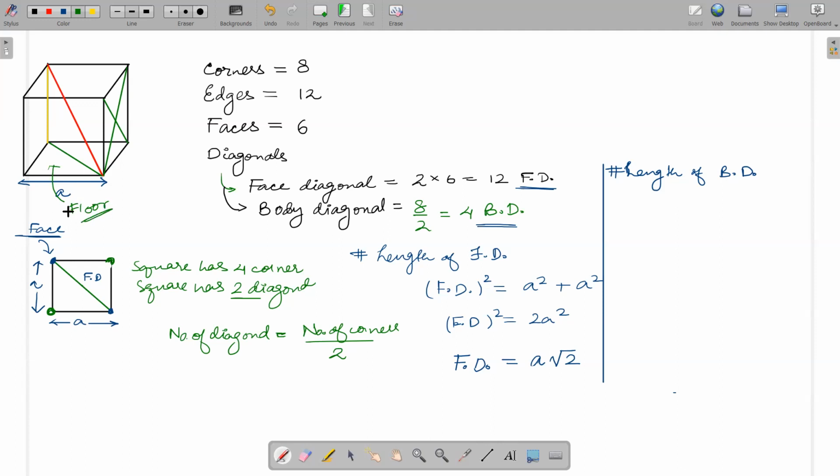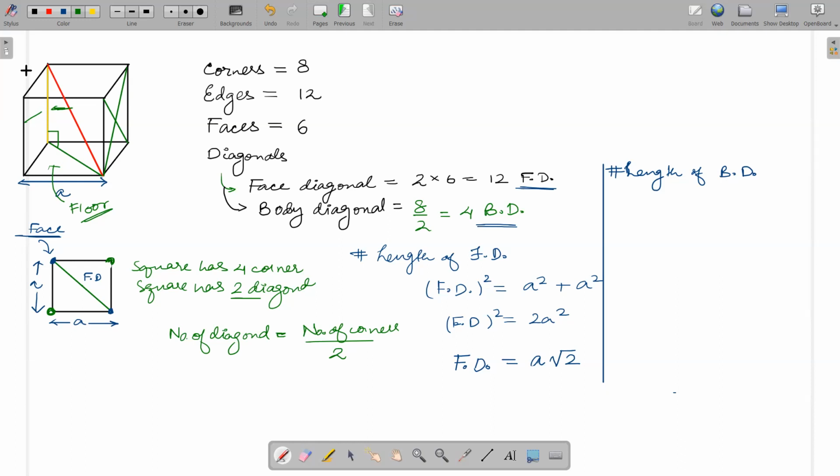So there will be a diagonal in the floor, correct? Yes. So all these can make a right angle triangle. This is your 90 degree here, and this is your 90 degree here. As you can see, that particular edge in which these two walls are meeting makes a 90 degree with the floor.